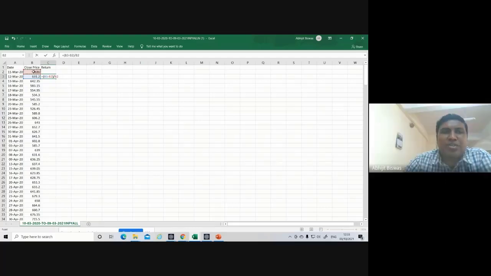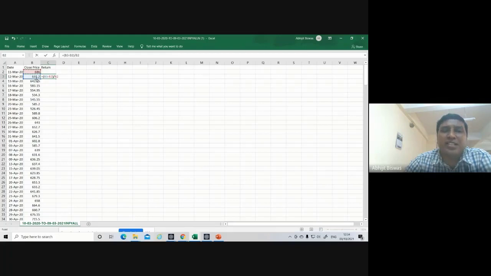Think like this. Suppose you bought Infosys on 11th March by paying 686. At the end of 12th March, the price has become 631.2. How much return have you earned? In fact, you have got a negative return because the price has decreased.